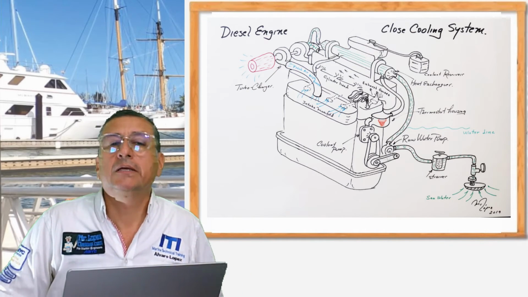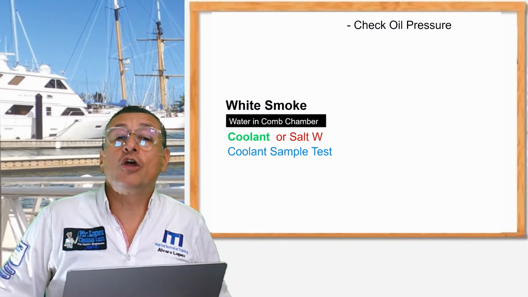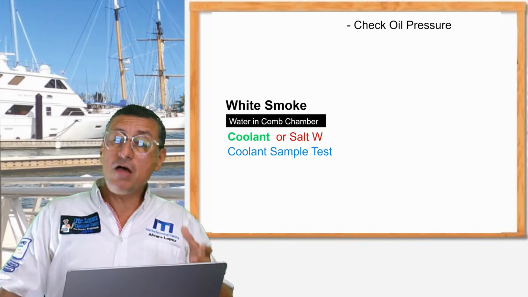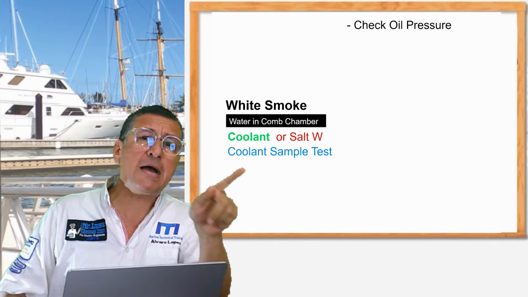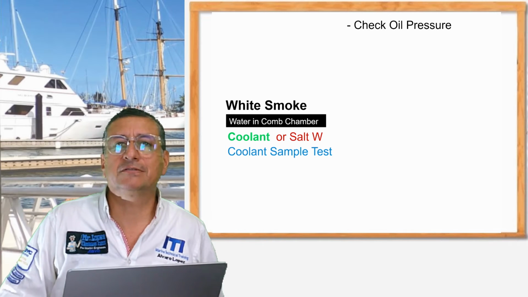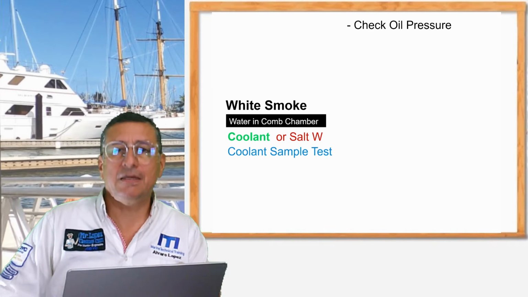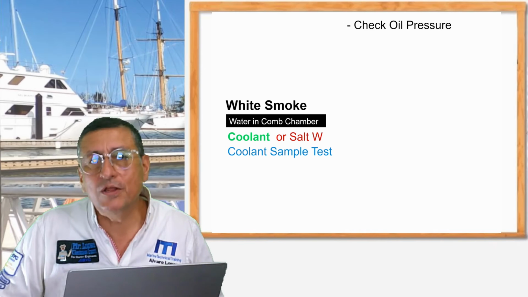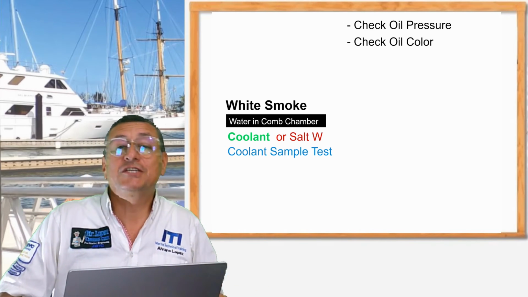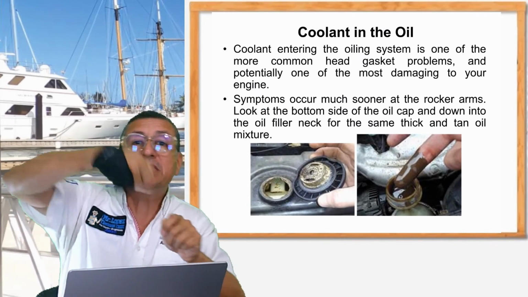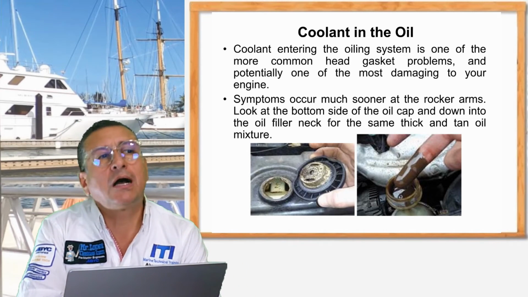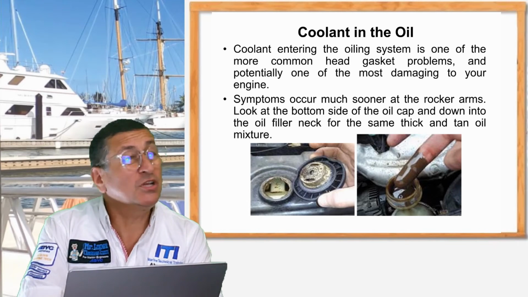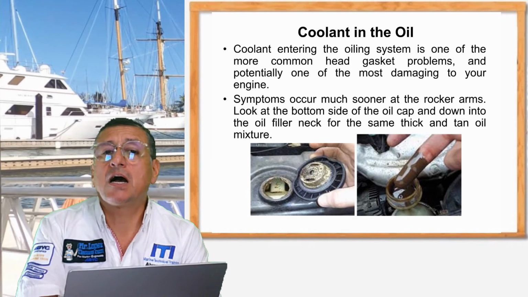All right. Check the oil pressure. That's number one. At the pilot helm, with the engine running, check the oil pressure. If the oil pressure goes dramatically down, my friends, your oil is milky. Your oil is mixed with water. Number two, check the color of the oil. Remove the dipstick and check what happened with my oil. Oh, my oil is milky. Wow, I have problems. You need to stop the engine immediately and not run it again until you solve